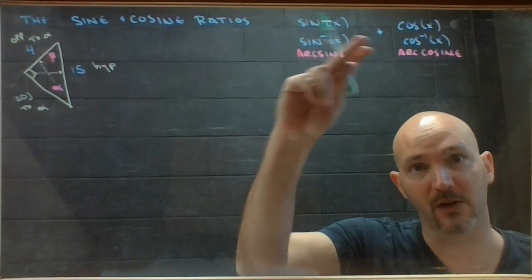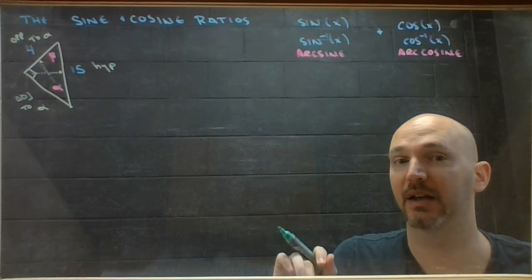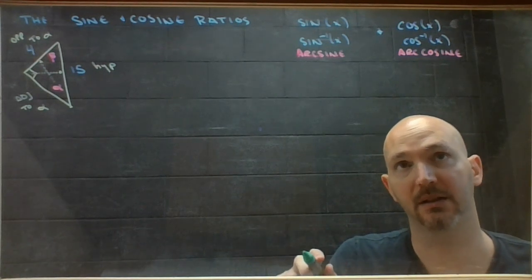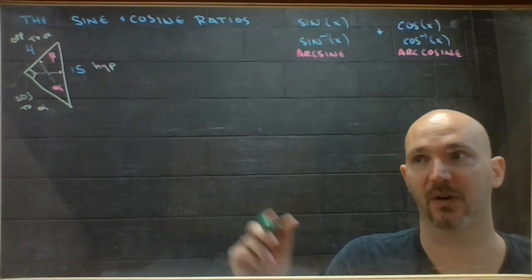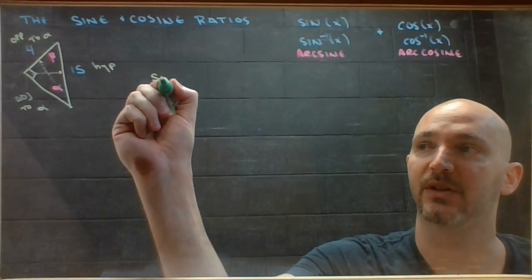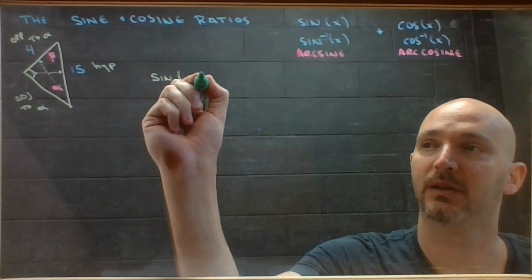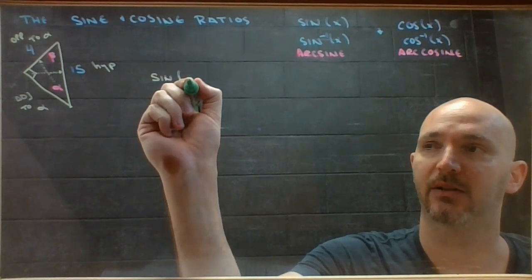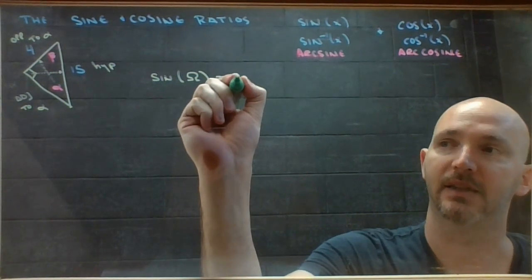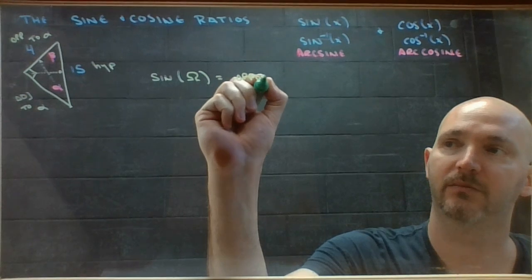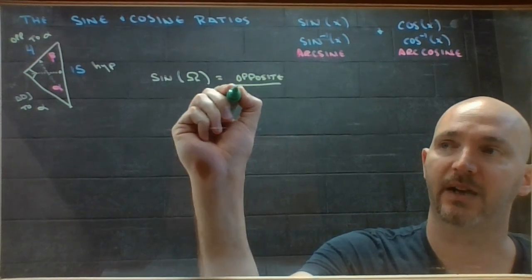Fortunately, there are two other buttons right nearby your tan button, the sine button and the cosine button. And those are just two different ratios for sides of triangles. So the sine ratio, sine of any angle, I'm just going to use an omega here, is the opposite side divided by the hypotenuse,